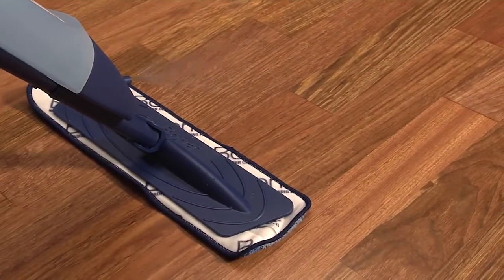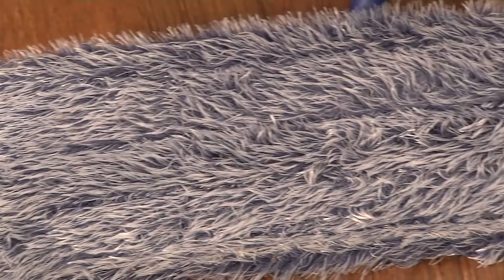Bona makes a hardwood floor cleaner that's fantastic. They also make a laminate floor cleaner. It's pH balanced, it won't streak, and if you use it with their microfiber mop, your floors are going to